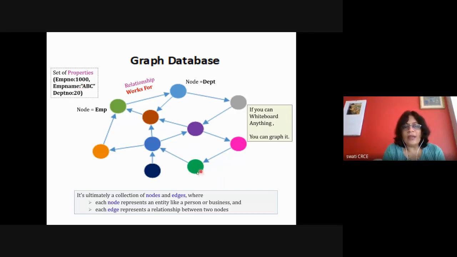Another row may have 5 columns, and the two green color nodes are of the same type, or the two blue color nodes are of the same type. Like this, we can have a heterogeneous graph with multiple different kinds of nodes, meaning multiple different kinds of rows of different tables, and this is your database.